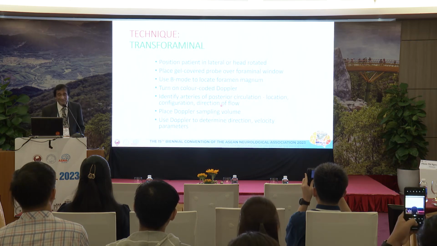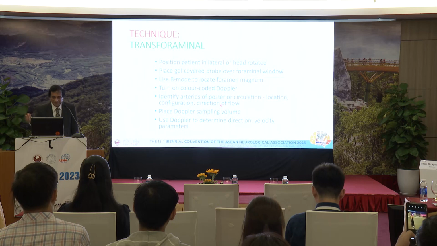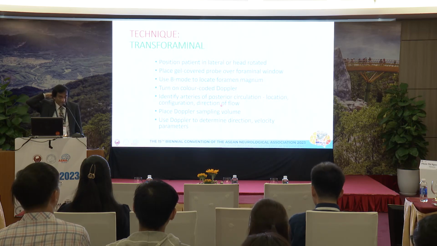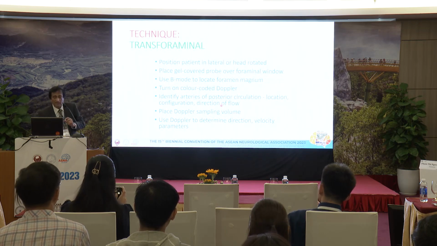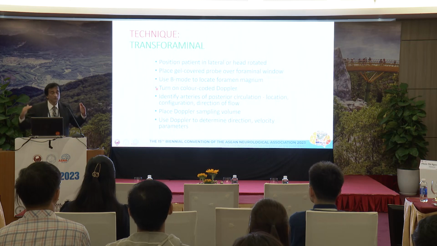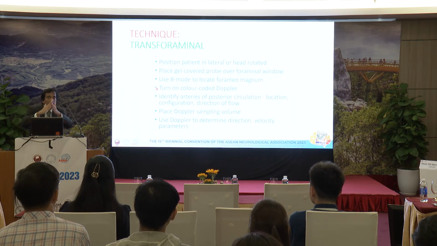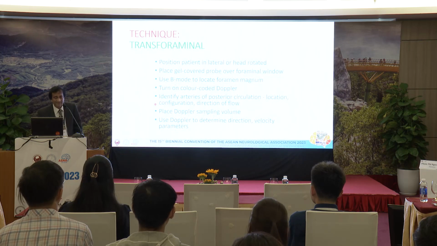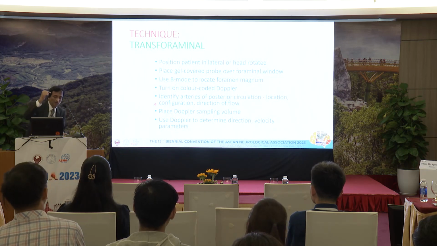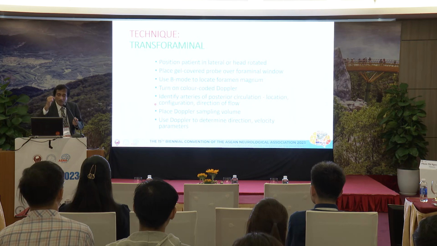Turn on the machine, of course, gel on the probe. Use the probe back here and try to find the foramen magnum. It's a big black hole. Once you found this black hole, you then put on the color-coded Doppler. You should see the two vertebral arteries flowing in and going into the brain. That's the basilar artery. Having found it, the same thing, put the Doppler sampler volume into place,